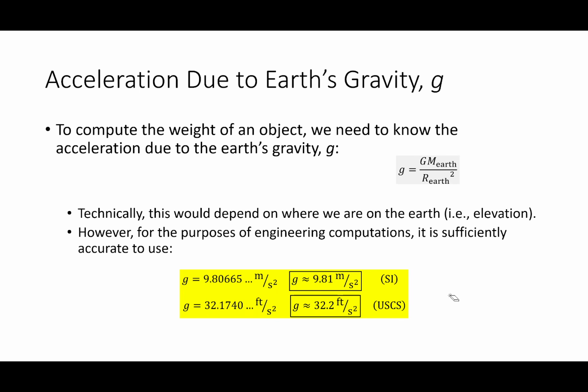Now, acceleration due to gravity. I imagine most of you probably knew about 9.81 meters per second squared. Did everybody know about the US version, 32.2? I'll write those down. So we are going to interchange both of them. And I will go ahead and tell you just right off the bat,